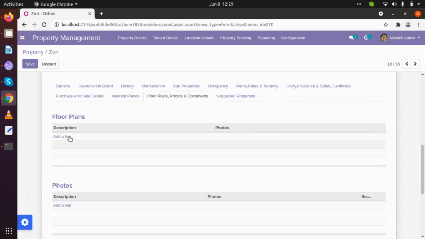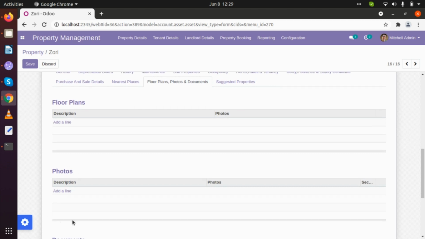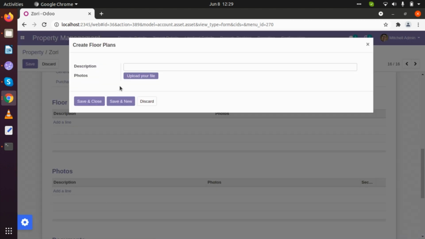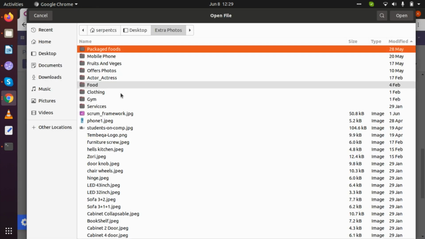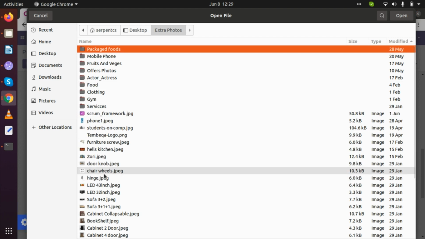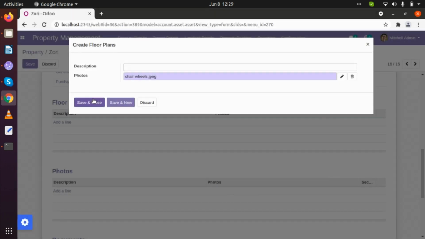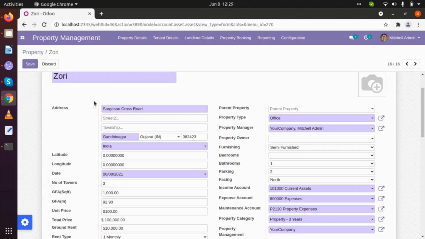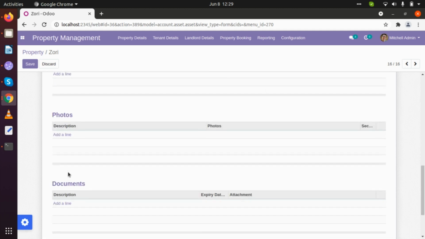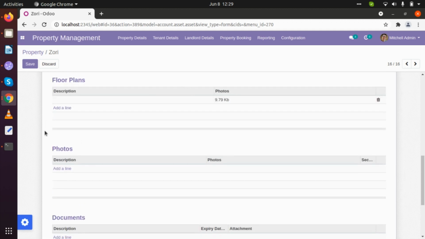Here we will be able to add some floor plans or photo details also. If I'm going to add some floor plans, currently I'm going to add some basic photo of anything. Okay, so save and close. So it will be directly added here.